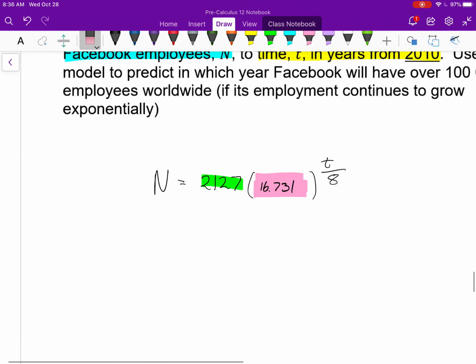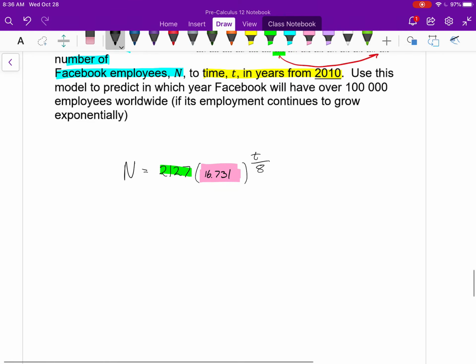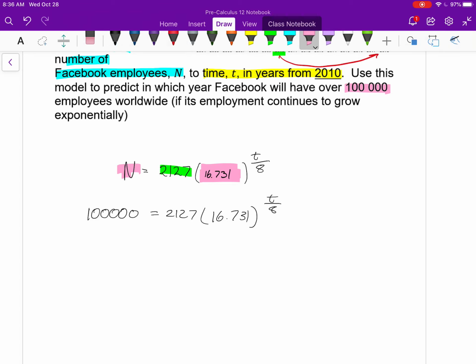Now that I have this, that's the main part of the question done. At this point, if you want to solve for how long it takes to reach 100,000, you could replace n with 100,000. And then it's just like so many of the previous questions. Then you could solve by at some point putting it in logarithmic form, or you can log both sides. If you do this properly, I'm not going to go through all the steps. You should get t equaling about 10.9, I believe, if I did my